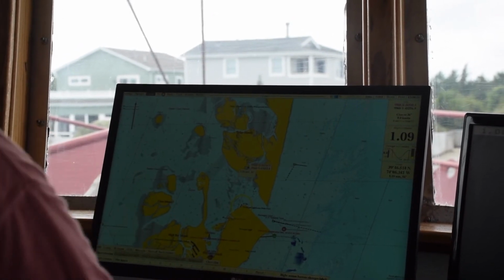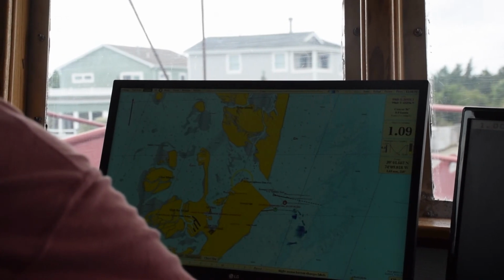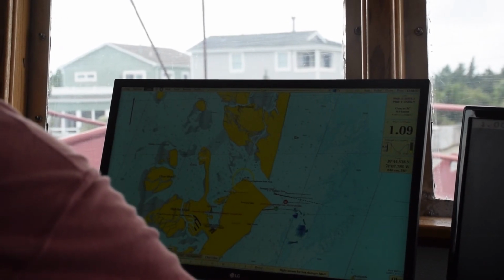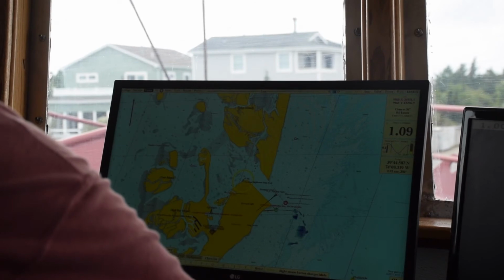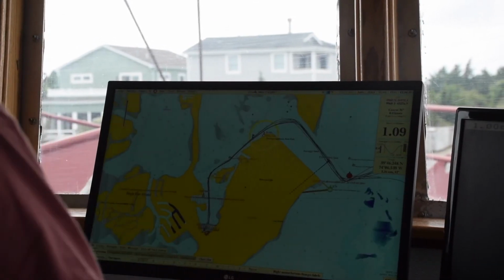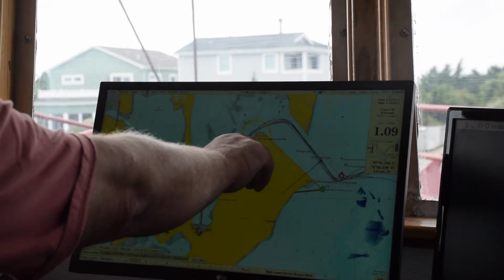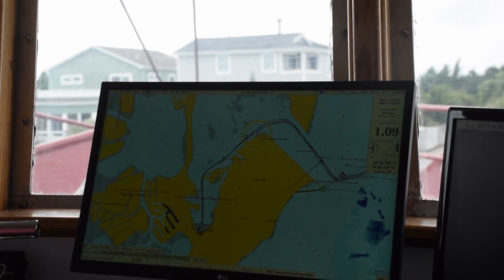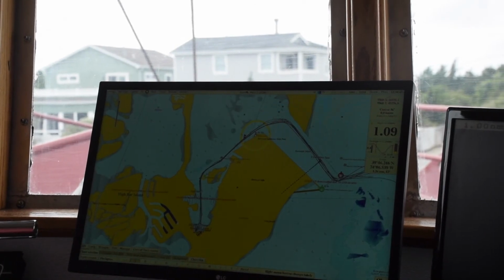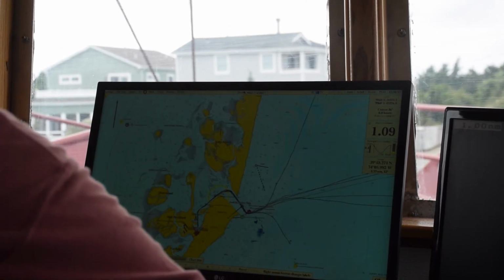So anyway, to use this, say like in the wintertime they pull the buoys out of the bay so they don't get moved with the ice. So I can punch in a track line. See these lines now? This is my course, my plot line, exactly where the boat was to get me back out the inlet again if it's foggy or whatever, nighttime. Right. Or they pull the buoys up, so I always know where I'm at. And also,